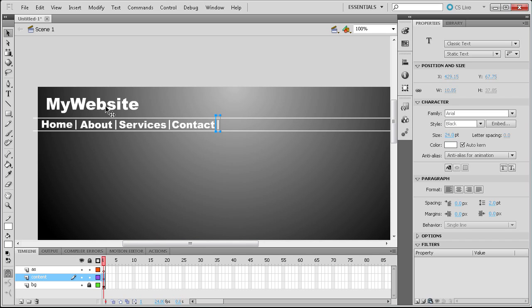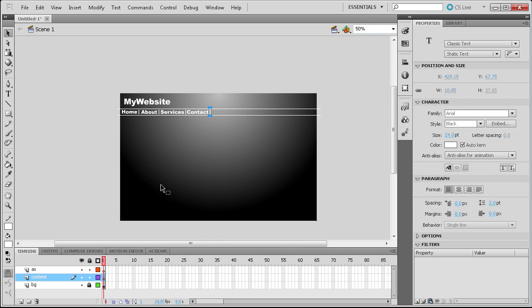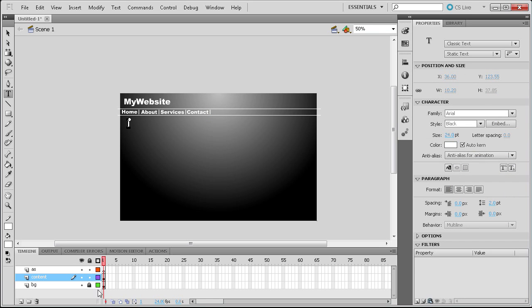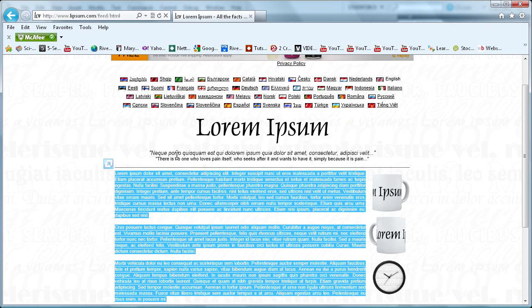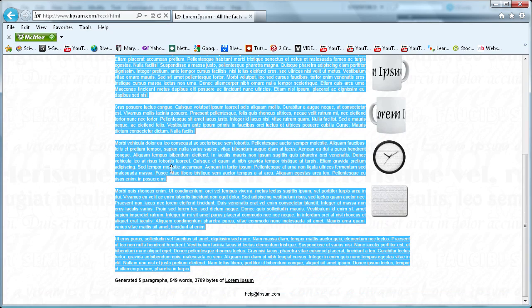Alright, so anyway, what we're going to do now is zoom out, and we're going to put in some text and just some little elements that you might have. So what I'm going to do is grab my text tool, and I'm just going to click, and what we need to do is get some mock-up text, because I don't have anything here for us, because we're not making a real website. We're just making a simple one that you guys can look at to understand how it's going to function. So I'm just going to go over to Internet Explorer here. I have Lorem Ipsum text, which if you haven't used this, it's basically gibberish text that's in Latin,